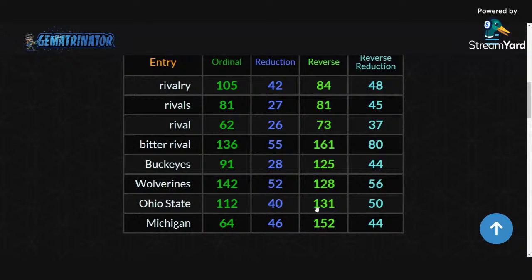Look, Ohio State equals 131. Oh, and we want to look at the date calculator as well, for date numerology and such. And that kicker, okay? So we have some good things we're working with. But Ohio State, they lose by 13. And Ohio State equals 131, which is just kind of interesting.